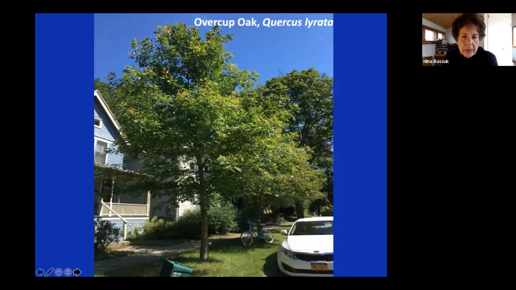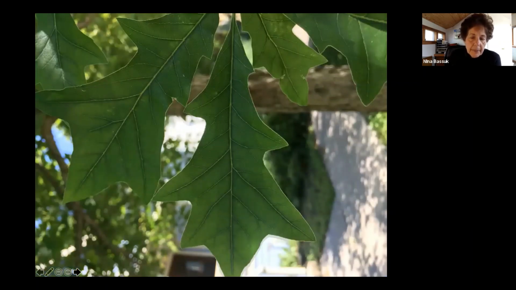So this is one that you should be growing. We can't really grow it, although this is in Ithaca, New York, in a really sheltered area, zone 6A. This is overcup oak, or Quercus lyrata. It's a beautiful tree, wet and drought tolerant, and it's generally considered more a southern tree, but it is perfectly hardy in zone 7 for you. It requires slightly more acid soil, not in the alkaline range as, let's say, macrocarpa or bur oak or English oak, but lyrata has a beautiful leaf, as you see here, and has a great acorn, which is